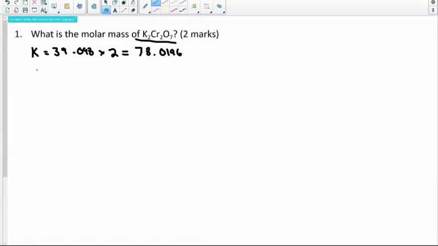Next, I've got chromium. It has a relative atomic mass of 51.996. There are two of them again, so that's times 2, and what we'll end up there with is 103.992, and again, grams per mole. And then the last one is oxygen. Its relative atomic mass is 15.999, and there are 7 of them. And we are going to get